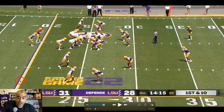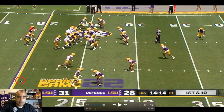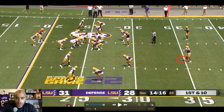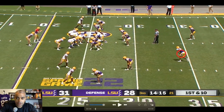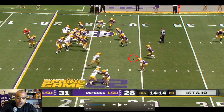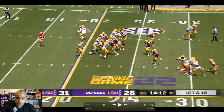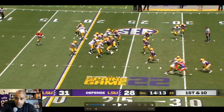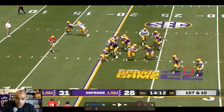And look, Brian Kelly did not have to start Garrett Nussmeier in the second half, but he did because Nuss had the best numbers. One of the few disguise coverages that LSU did right here was at the snap, it looks too high, but this time Jay Ward sprints into the box on this rollout, okay? And once again, it's still essentially man coverage, and good job right here by Sage working over the top on Malik right here because that's where the ball is going to go, and Jay Ward just jumps in this passing